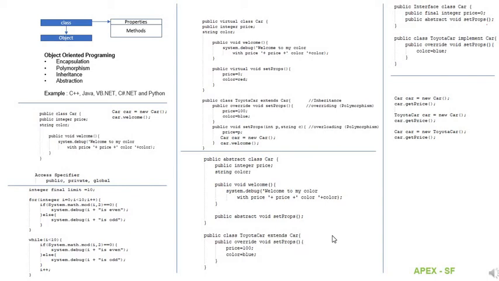It cannot have more than one parent class. But a class can implement any number of interfaces. So it's like the class is the actual parent, and interfaces are kind of your uncles and aunties, right? So that's the difference between interface and abstract class.